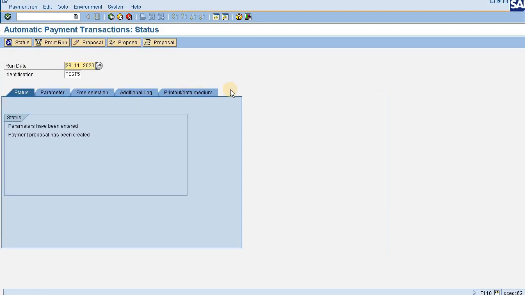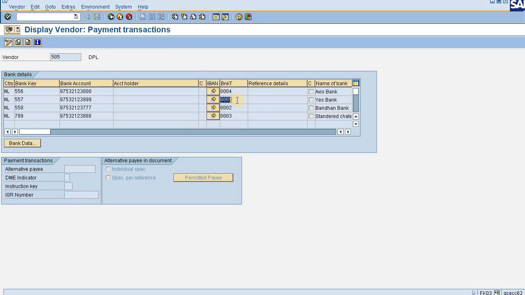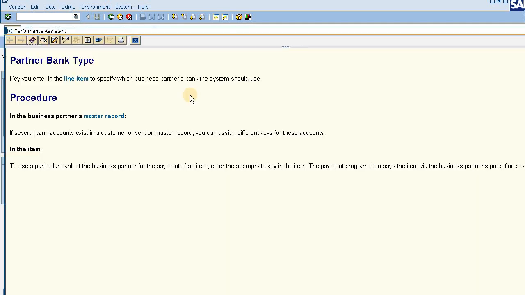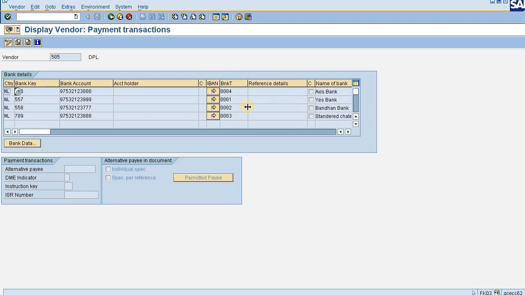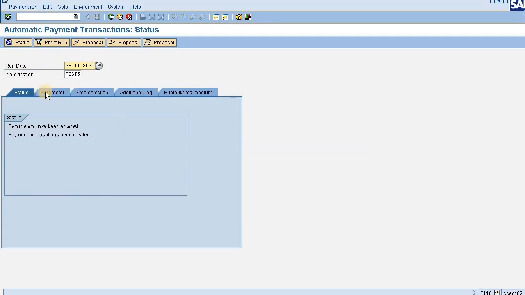If your vendor claims to deposit the money to a particular bank account, amongst the multiple bank accounts maintained in their master, then by using this partner bank type, you can achieve this scenario. Let me do F1 here. The field name is partner bank type. So by this you can achieve this particular scenario.